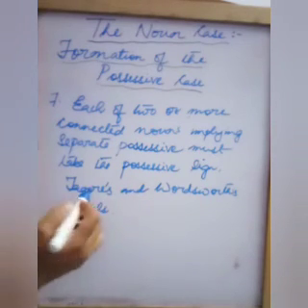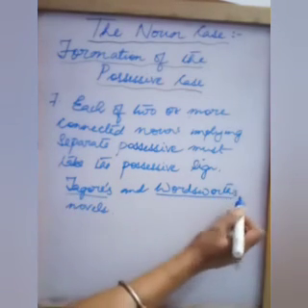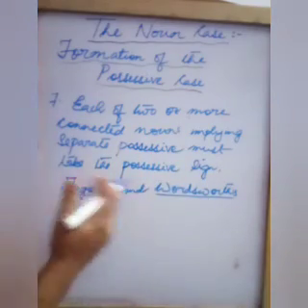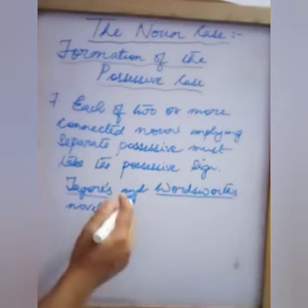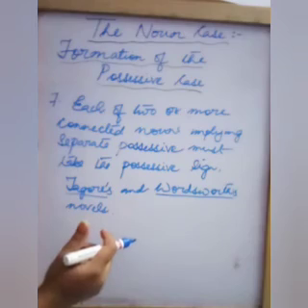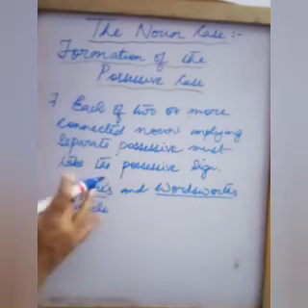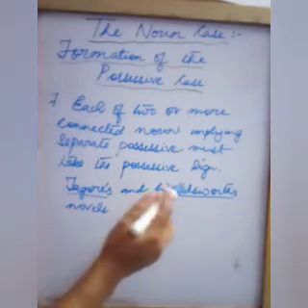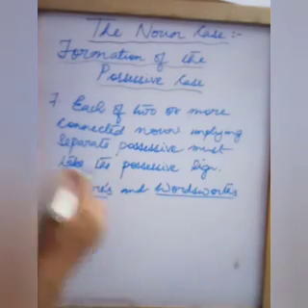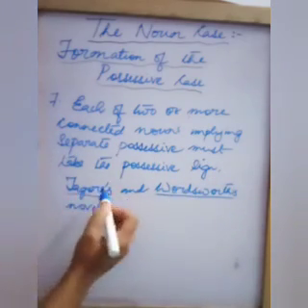See, the example is clear. Here we have put possessive with Tagore also, with Wordsworth also, because they are two different nouns. They do not have any association with each other, isn't it? Tagore and Wordsworth are never a pair. They did not work together. They did not write any book together. Like in the previous one where we had seen Romeo and Juliet's or Vishal and Shekhar's, they were associated with each other, isn't it? Some association was there among them. But in this case, Tagore and Wordsworth, they are two different nouns, two different entities, two different writers, two different poets. So no connection. But when we are writing their names together, we have to put possessive sign with both.